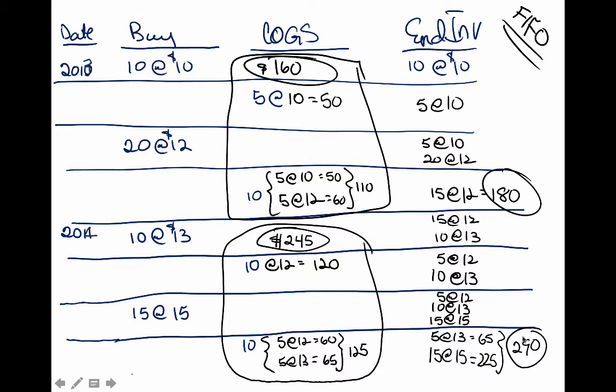So the ending balance in inventory at the end of 2014 is $290. And the cost of goods sold is the sum of our two costs of sales. 120 plus 125 is 245. That's FIFO. Doing it again